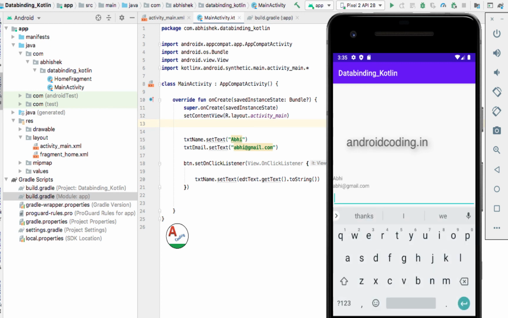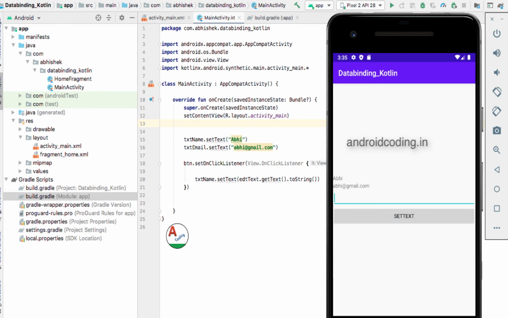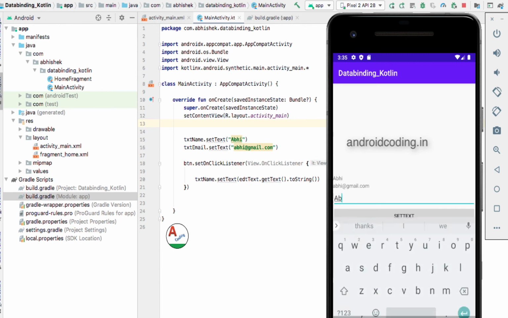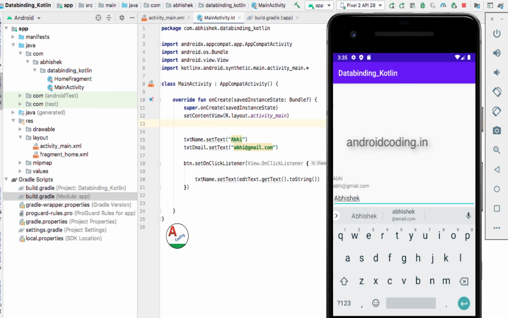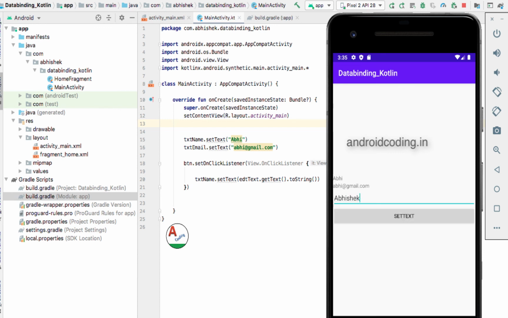The name is already defined, so we will try to rename it. Okay, as you can see, we can easily make use of this synthetic binding and can perform all the operations which we do normally by initializing with find view by id.